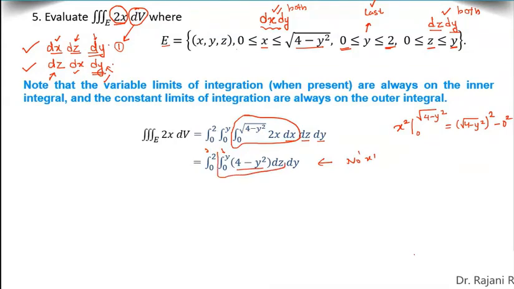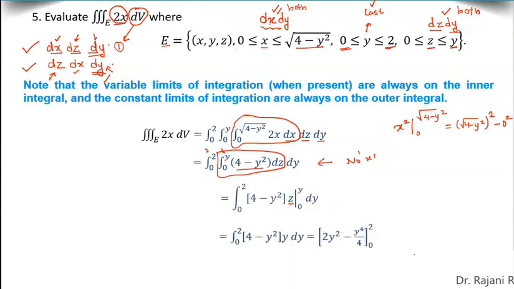Now we have to integrate this with respect to z. Now there is no z, so what will you do? You will multiply by z and then substitute the limits. Now, at present it is a multiplication of two terms under the integral, and we know that we cannot integrate it directly. So for that we should simplify it. We should multiply y with both the terms and then integrate.